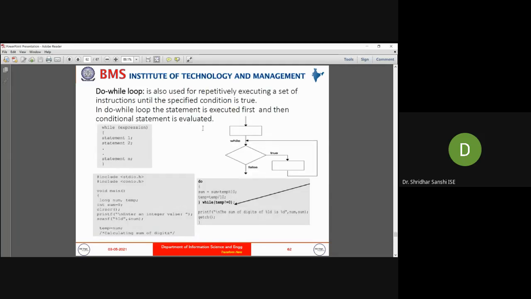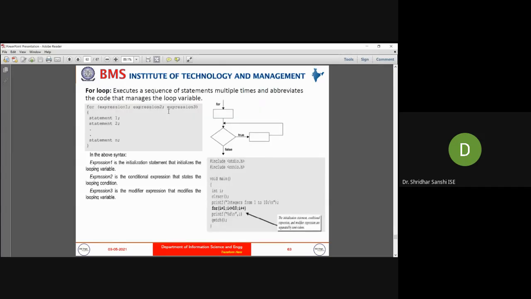So next we'll talk about the next looping instruction. It is called do while. It is almost similar to the while, but the only difference between...